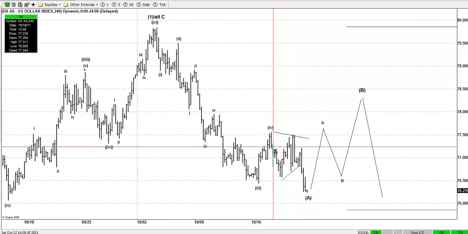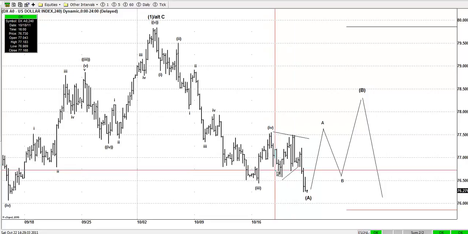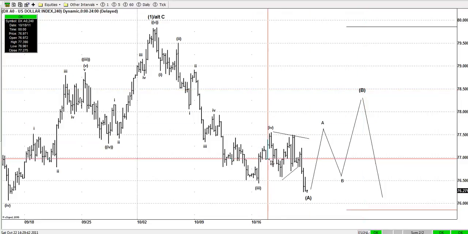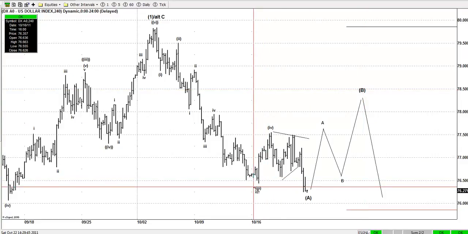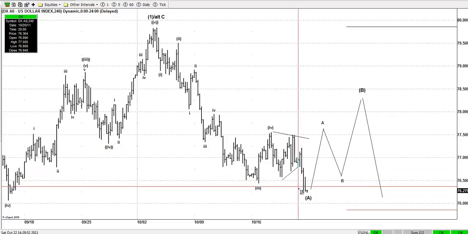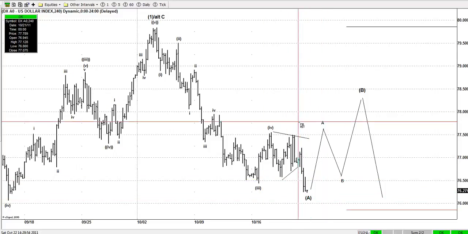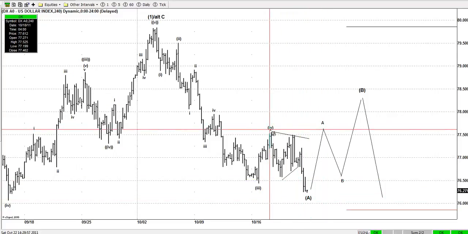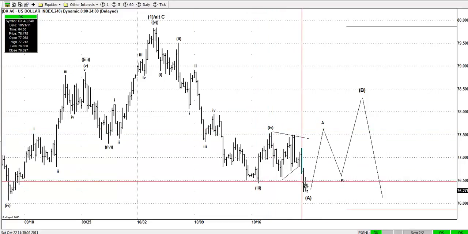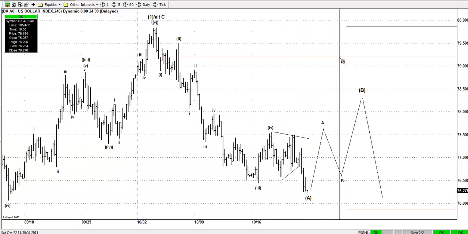Now, this looks like a triangle. I've been saying all week that I don't like to count that as this B wave. I like to count that as this, or in another scenario, if it ends here. But after seeing the RSI, I tend to favor the idea of this count. Without looking at the RSI, only price structure, this can be a B right here, and a flat C.